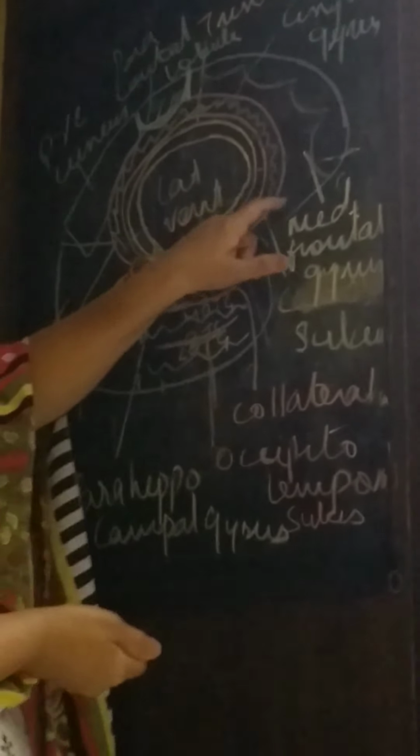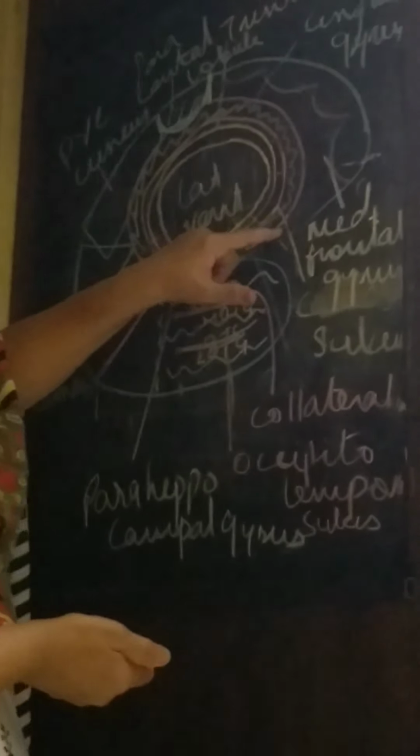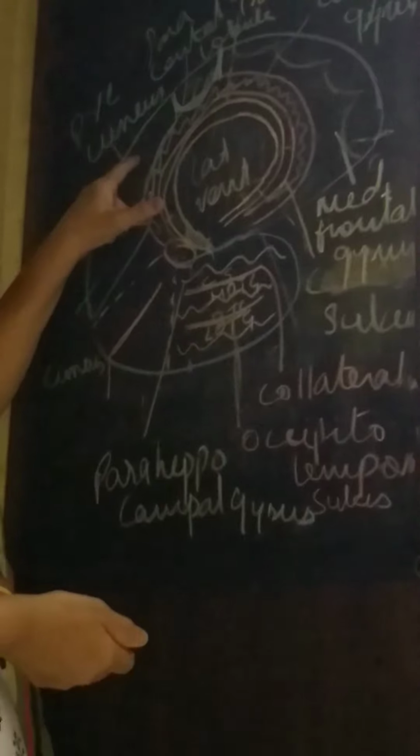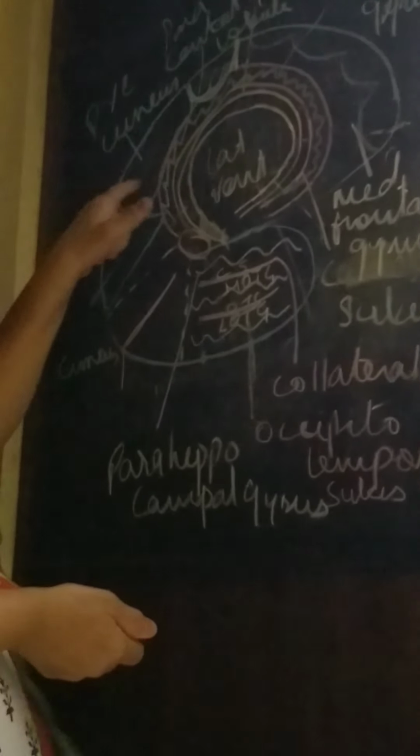Surrounding the corpus callosum is the callosal sulcus. Surrounding the callosal sulcus is the cingulate gyrus, and surrounding the cingulate gyrus is the cingulate sulcus. In the frontal part, you have the medial frontal gyrus. In the center, you have the paracentral lobule. In the posterior part, you have the precuneus, which is quadrangular in shape, and the triangular portion called the cuneus. The occipital lobe consists of one sulcus, the calcarine sulcus.